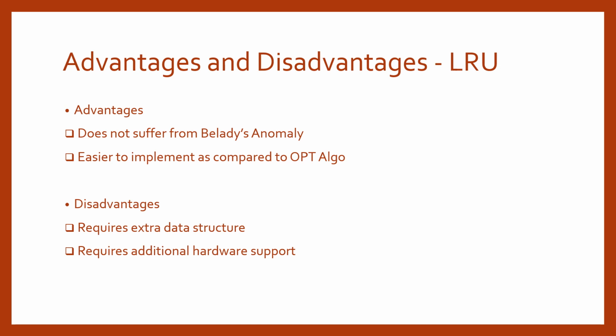But certainly there are some disadvantages also. Whenever a page frame is referenced, the entry for that page is placed at the head of the list in case of the LRU algorithm, and older entries move towards the tail of the list. So to maintain this we sometimes need an extra data structure, that is a linked list, and for maintaining that linked list we require additional hardware support, so it has some overhead when we try to implement the LRU algorithm.